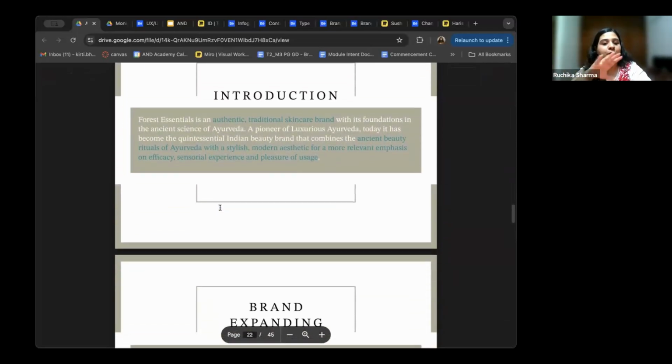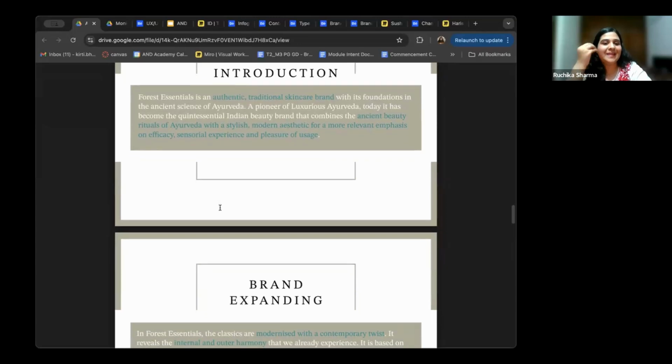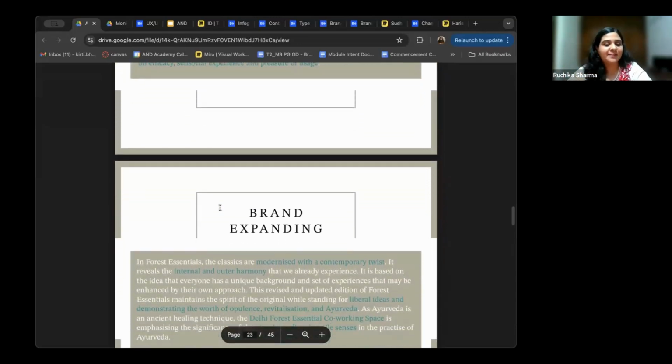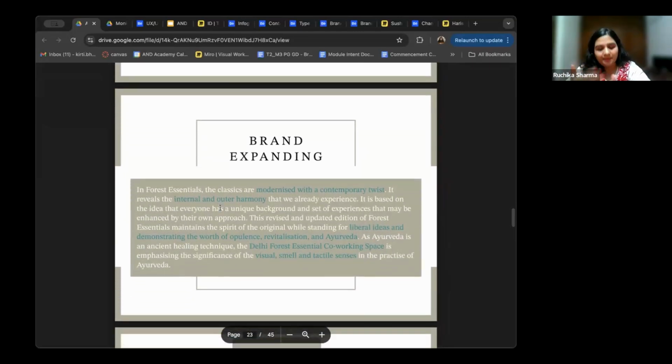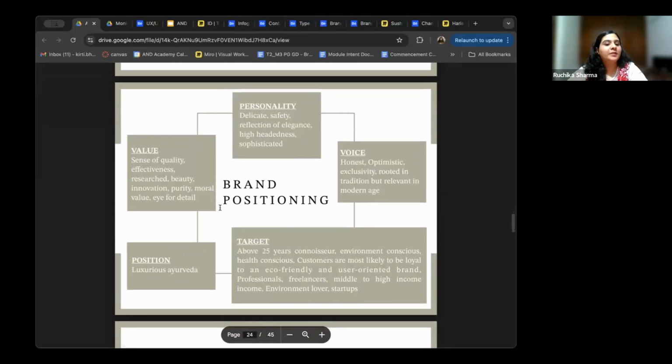They've tried to make sure that they keep the spirit of the brand Forest Essentials alive, and they've taken a very natural, very soft element from within the brand's narratives itself. They've converted that. Can we go lower? Okay, so what they've done is they've also tried to look at the brand as a personality. Earlier, we were looking at the user like a personality.